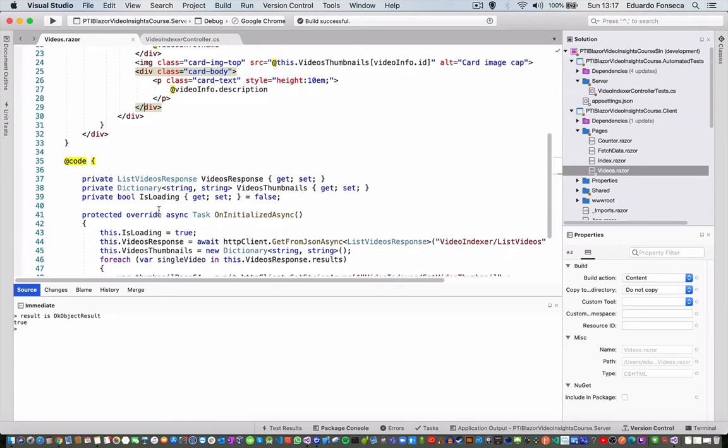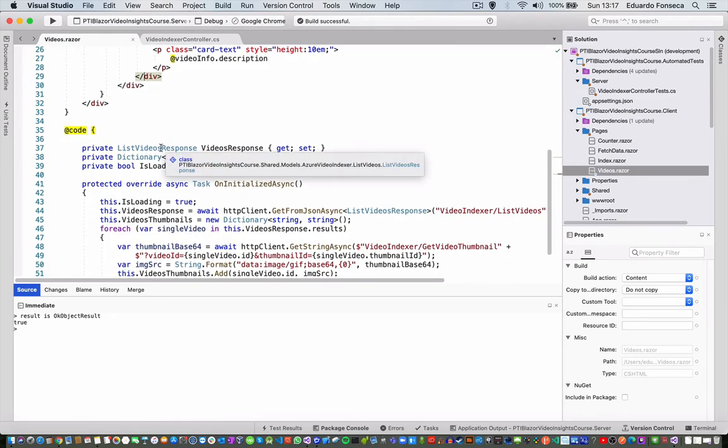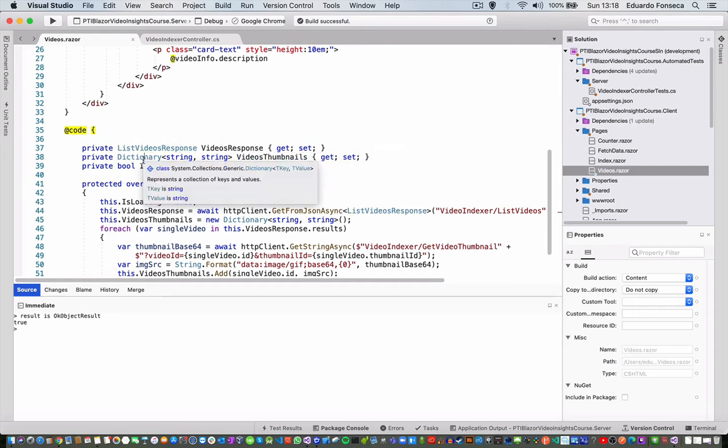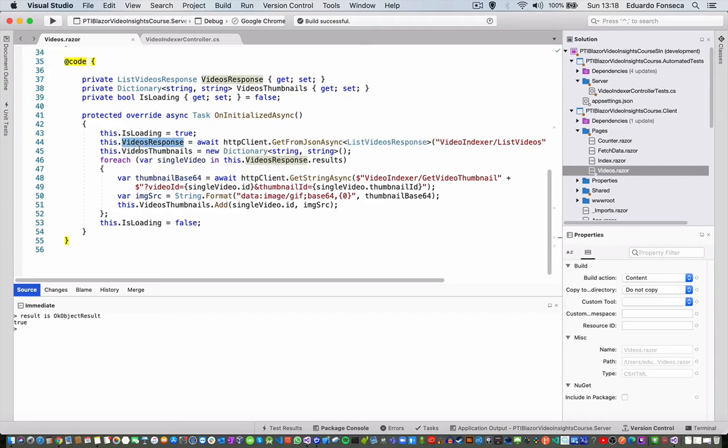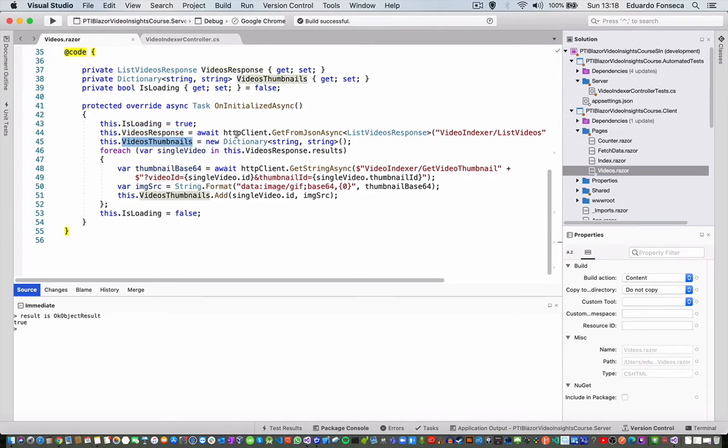In the code section, we have the video's response variable. This is the new variable that I added, which is a dictionary of string and string, named video thumbnails. In the OnInitialized, we are going to set is loading to true. We continue getting the video response as we did before, and for the thumbnails we are going to initialize the dictionary, and we are going to iterate through all of the